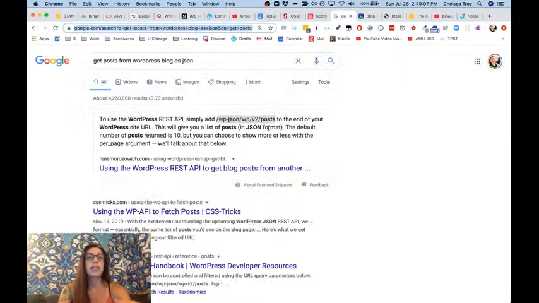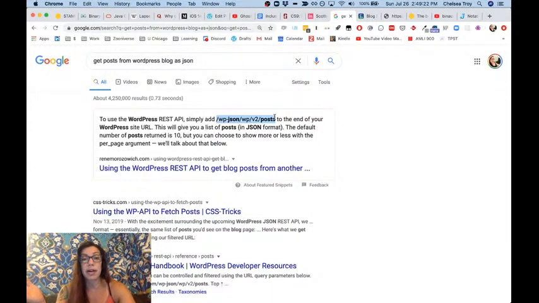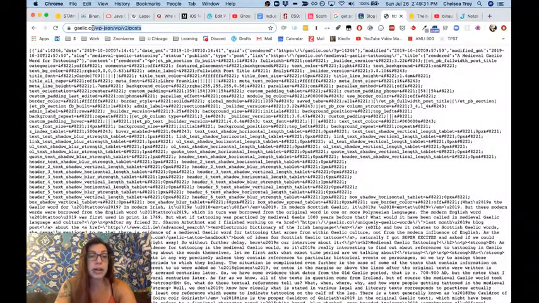I went to a Google tab and I put in "get posts from WordPress blog as JSON," and the first result said that you can add this piece of the URL to the end of your WordPress site URL, and it's going to give you a list of posts in JSON. So let's see if that's true. I'm going to copy that, and I come over here, and you can see that I do gaelic.co, and then I paste that in,